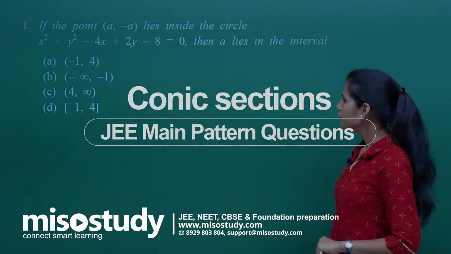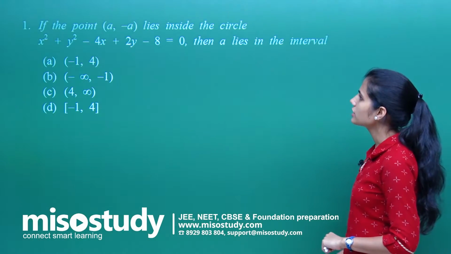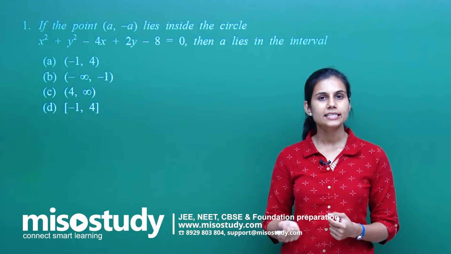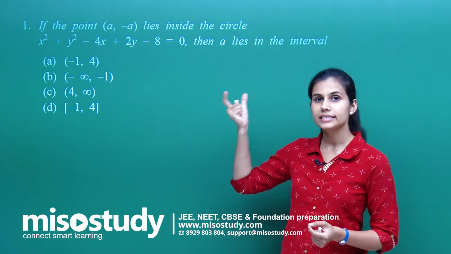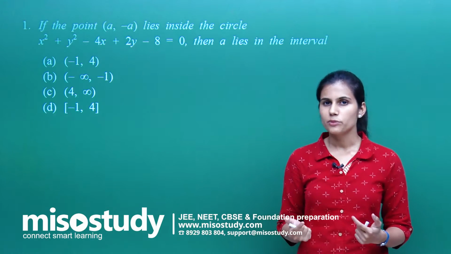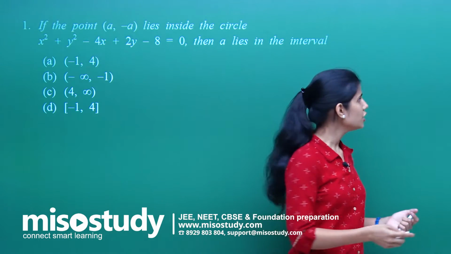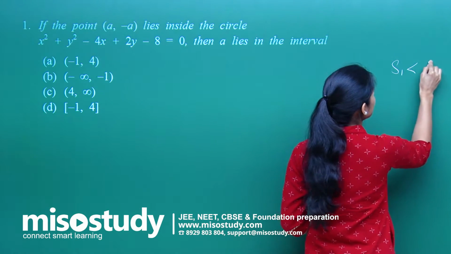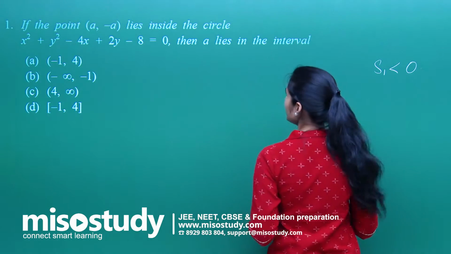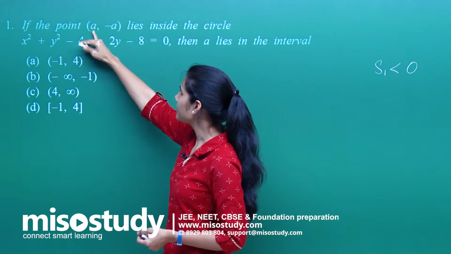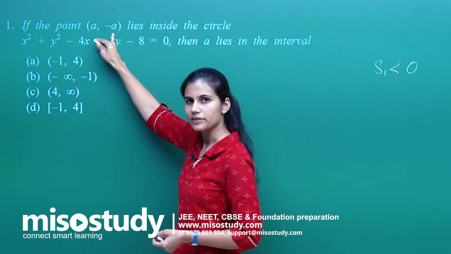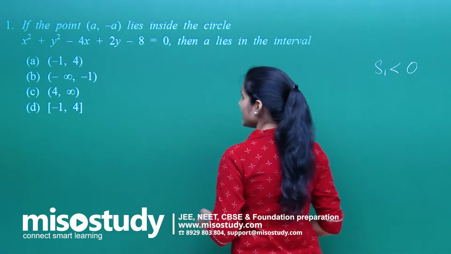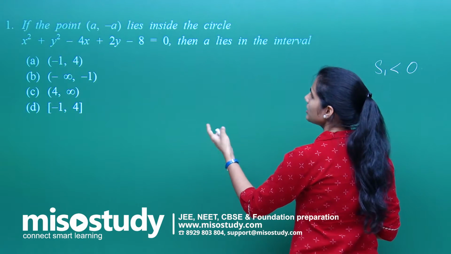Understood? First question says if there is a point (a, minus a) which lies inside this given circle, then a lies in which interval? The moment I say that the point is lying inside the circle, we have the criteria with us, which is S1 is less than 0, right? So when (a, minus a) lies inside the circle, S1 is less than 0. What is S1? In place of x, you put x1, in place of y, you put y1. Here x1 is a and y1 is minus a, and this left hand side is going to be less than 0. So you get x square plus y square, which makes it a square plus a square